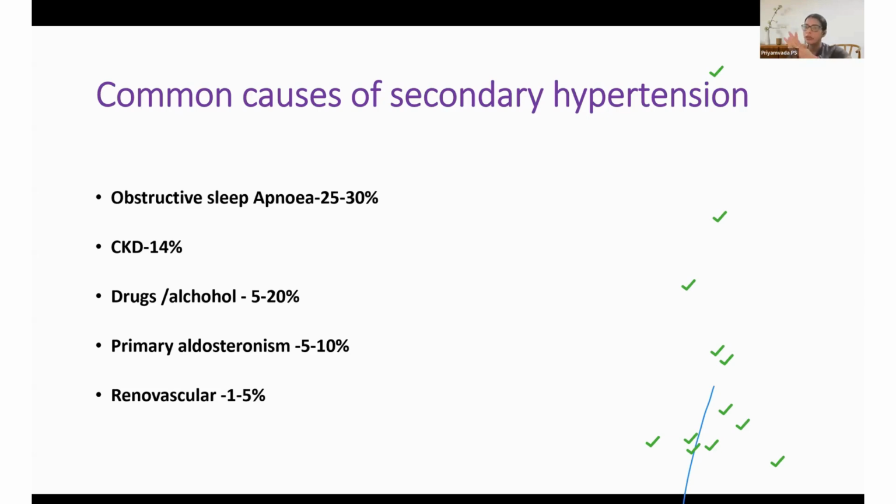So one of the most common but underrated causes of secondary hypertension is obstructive sleep apnea. So always ask about symptoms of obstructive sleep apnea, and if obstructive sleep apnea is there, the hypertension, unless